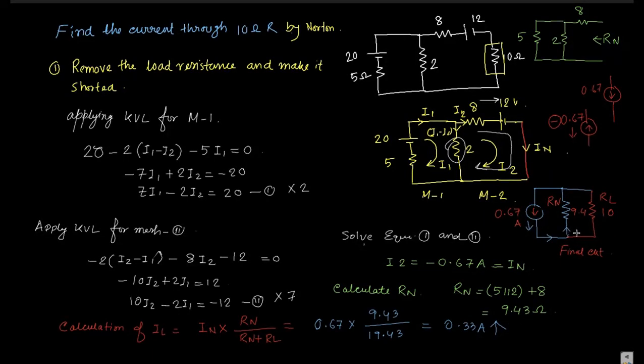Then what is the current direction of the IL? You got my point? When we consider the voltage source is this, then the current flowing through this load resistance is this. Now this entire complicated circuit is replaced by this equivalent circuit, nothing but a current source with a parallel resistance. Did you understand?